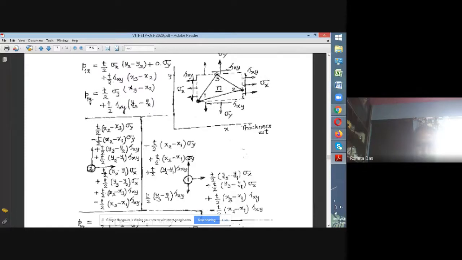Similarly, if you want to consider the other loads, they are there because this segment 1 to 3 is having shear stress tau xy. And what is the area? Its area is nothing but x3 minus x1 multiplied by t into tau xy. It is in the positive direction of x. So it is x3 minus x1 in the third line here, x3 minus x1 multiplied by t by 2 into tau xy, which is to be apportioned to this node. That's why we have taken care of three lines.